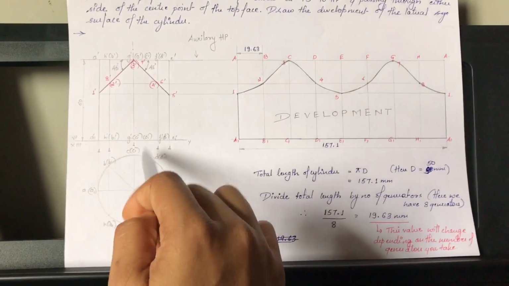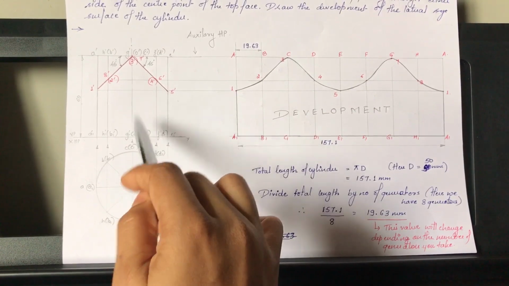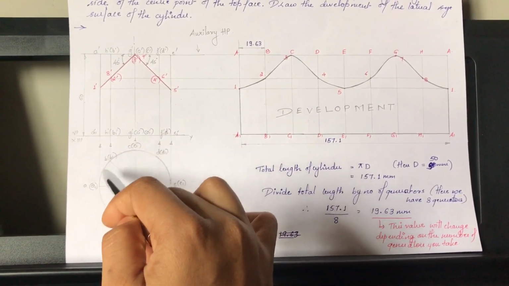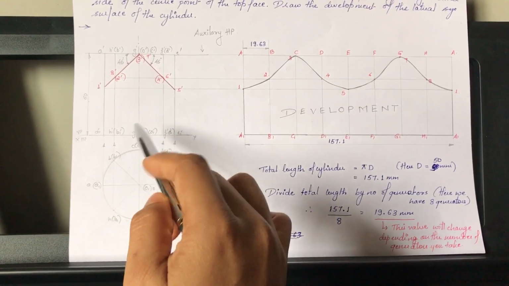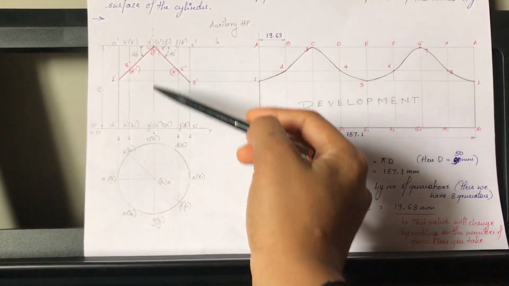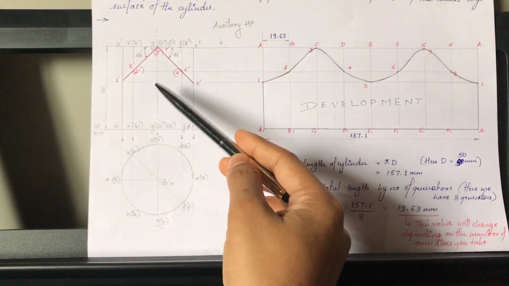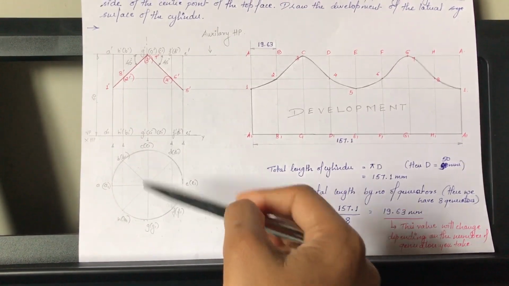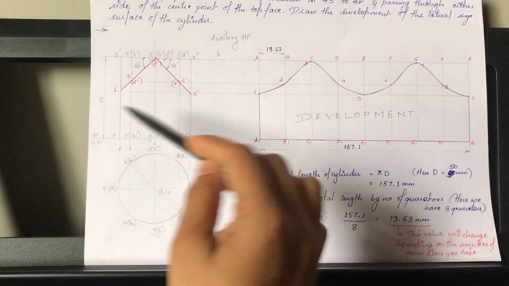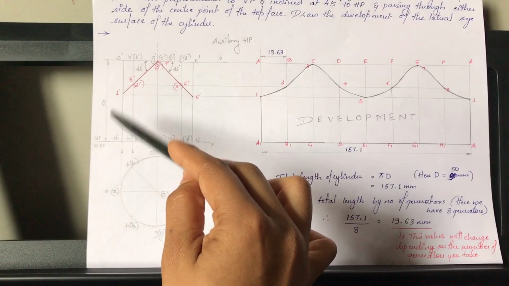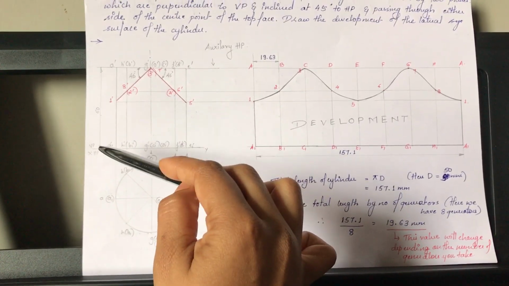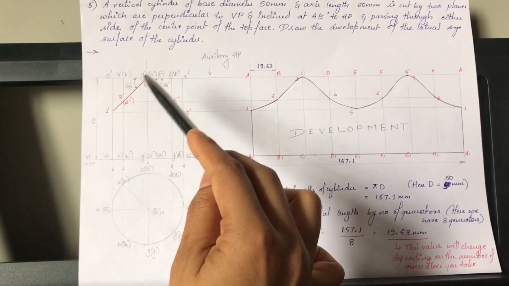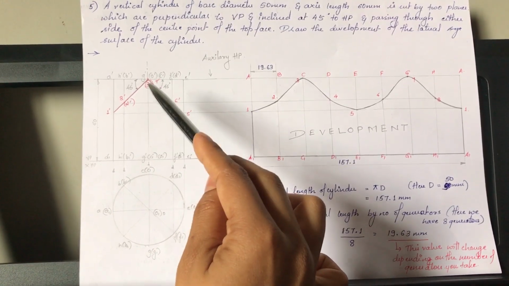Once you get this, get the top front view of this cylinder by projecting all the points. Once you project all the points, you first start with the axis. Axis, as you see, is not clearly seen here because it is overlapped by the generator line GG1. So once you mark and label all the points, this is the height of the axis, 60 mm, that is given. Now we have to see how these planes have to be marked here.